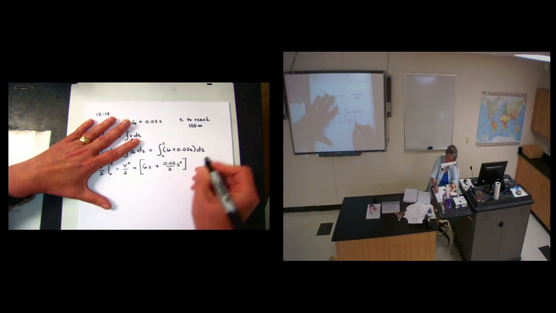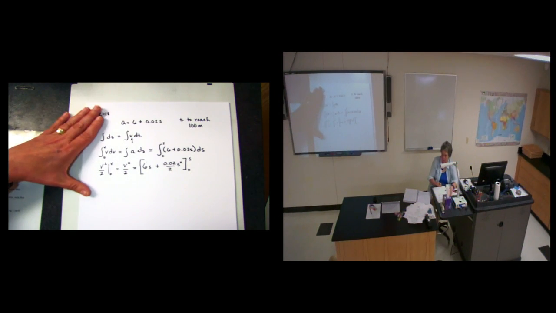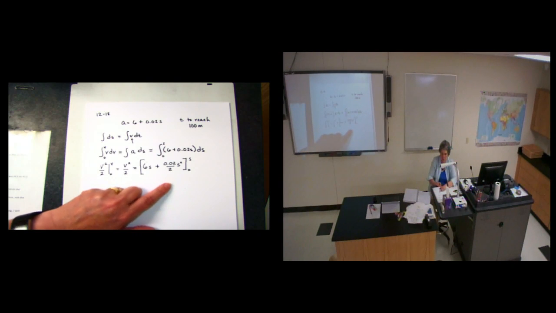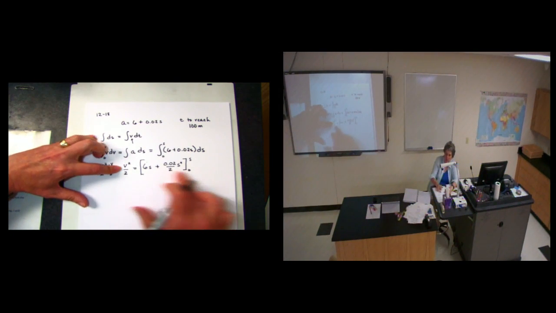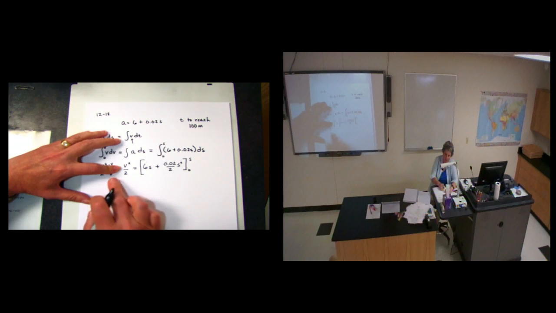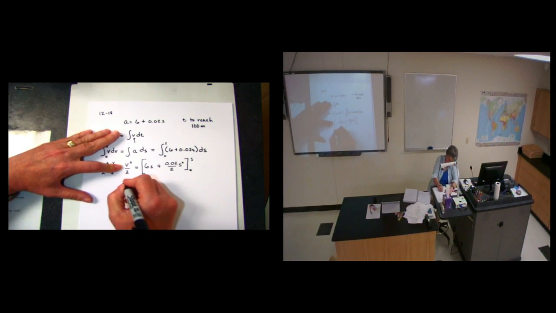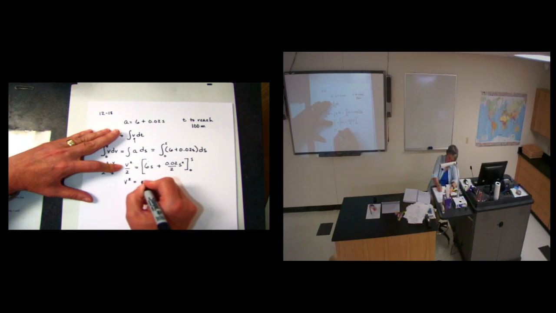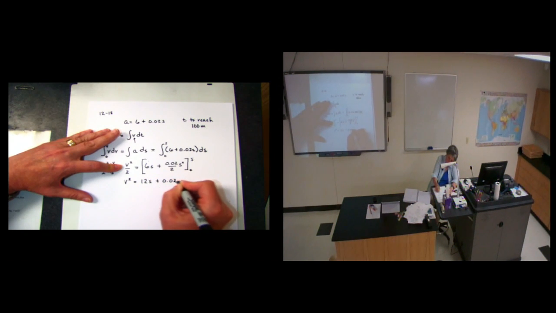So if I go to Appendix A, I'm going to find this. I'm going to get the integral of dx over the square root of a plus bx plus cx squared is equal to 1 over the square root of c, the natural log of the square root of a plus bx plus cx squared plus x square root of c plus b over 2 square root of c.